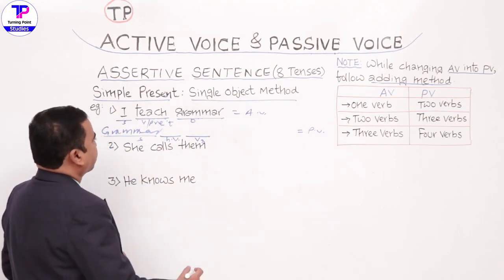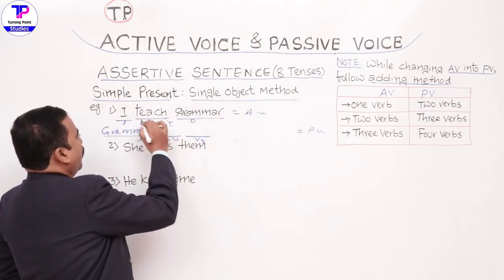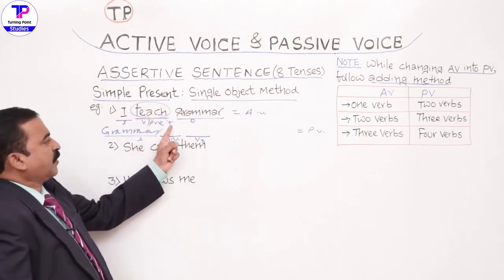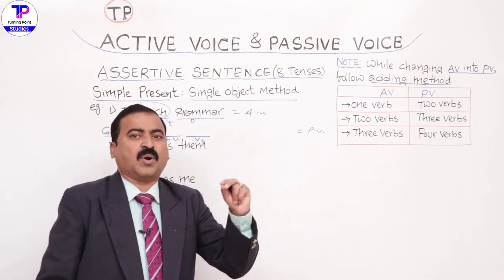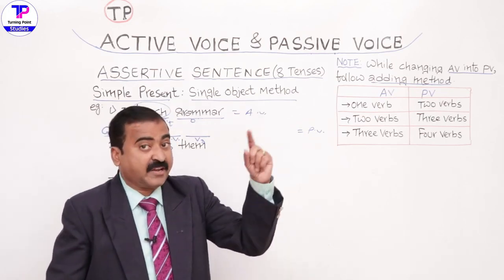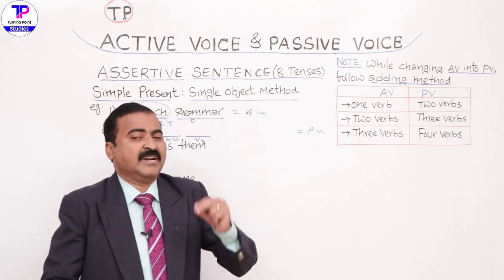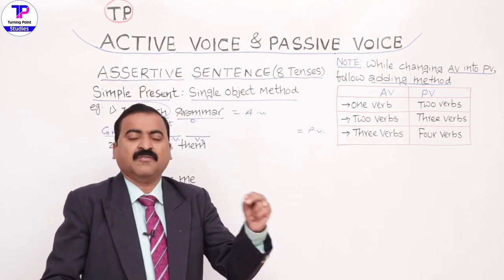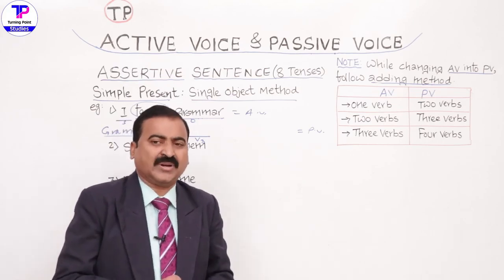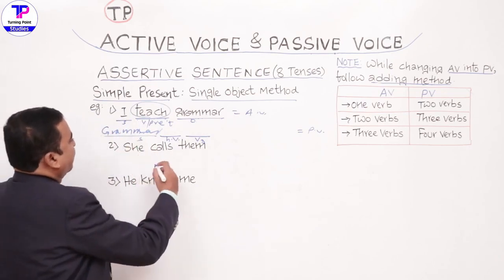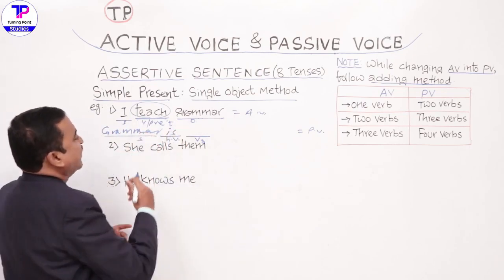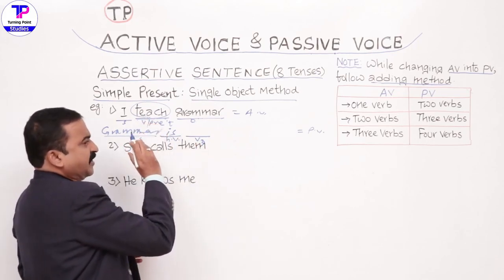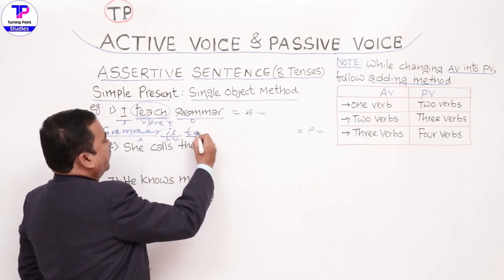Now let us see here. To write helping verb, you have to see what is the tense of this verb. The tense of teach is called present tense. For present tense, what are the B forms? I gave you the table of B forms. In present tense, the B forms are is, am, are. For singular is, am, and for plural are. Now for the word grammar, in present tense what comes? Is comes. Then immediately V3. Whatever verb is here, convert that verb into V3.